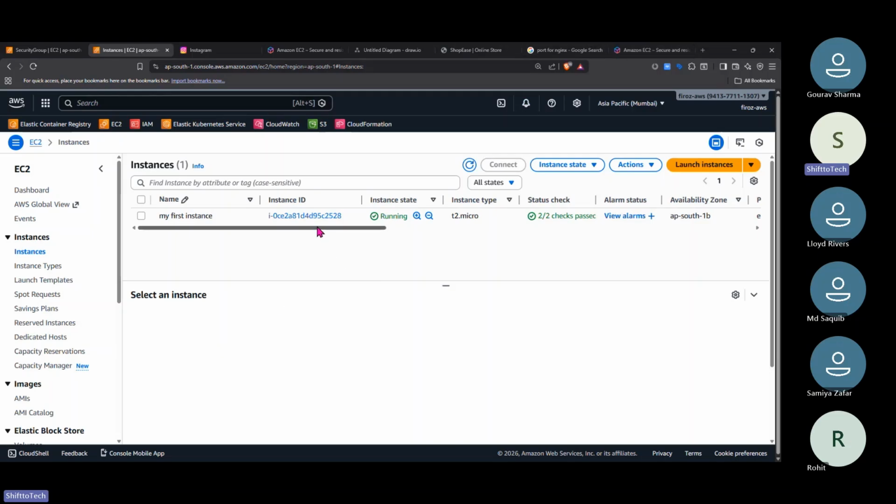Okay, ports are like the doors of the house. You are opening the door. If suppose Rohit is allowing only me, he will tell that this is the door, you can come through this door. It's like security.